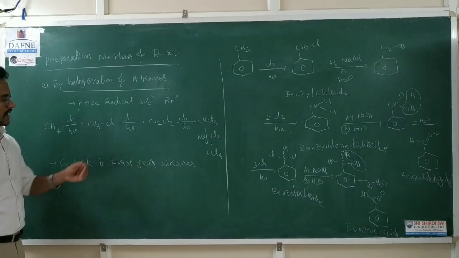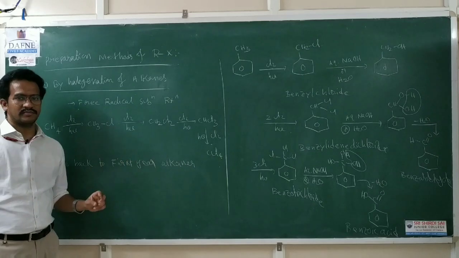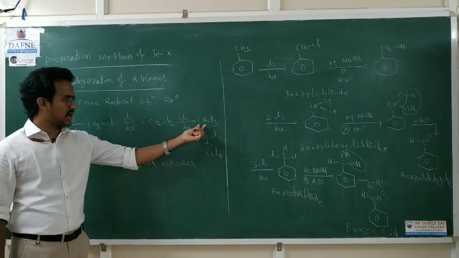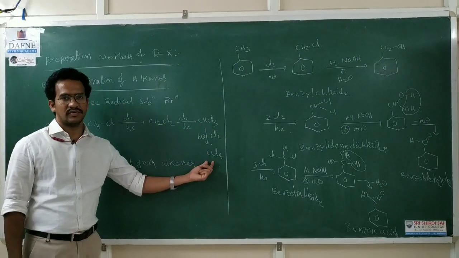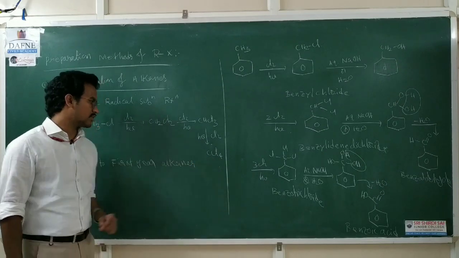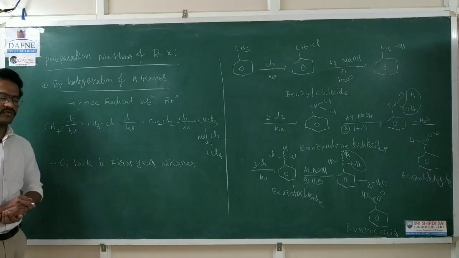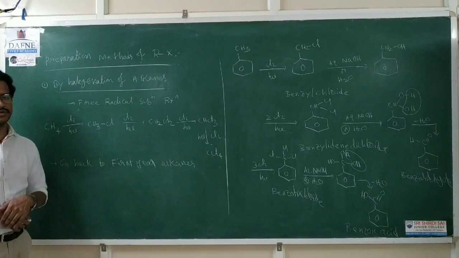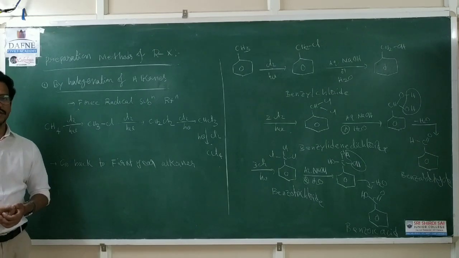Now on further halogenation, that means further chlorination, the second hydrogen is replaced by chlorine. So we get dichloromethane, and on further halogenation, trichloromethane, which is nothing but chloroform. And on further halogenation we get CCl4, the fully chlorinated product. So this follows a radical mechanism, a free radical substitution reaction. Of course, in the mechanism there is a chain initiation step, chain propagation step, and chain termination step.